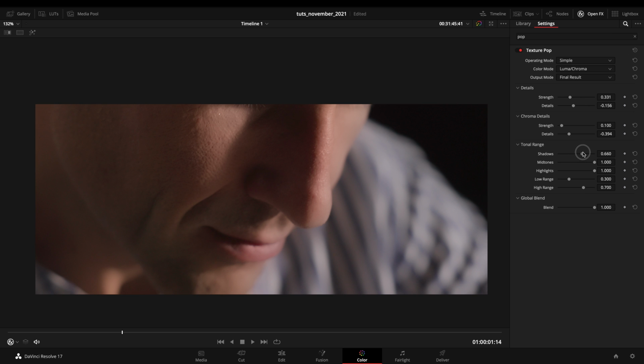These are actually working as shadow, midtone, and highlight gates. Okay, you also have the low range, high range for the all value if you want to manage this. But to let you understand how this works, I'm just letting you see I can make all those things ineffective on the shadows area just by dragging this down or letting it in if I drag it